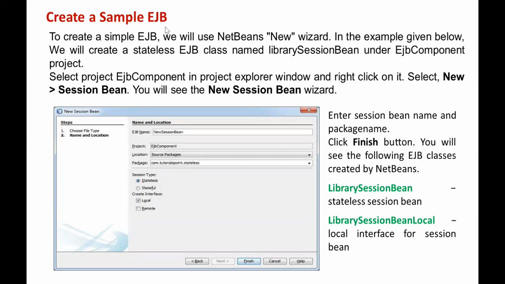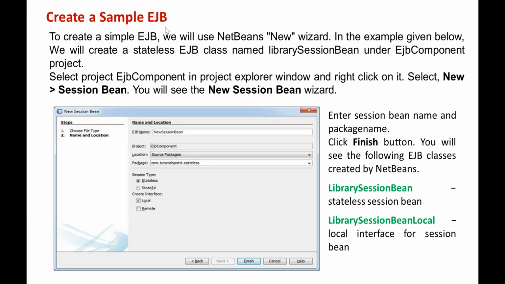So this is very important. Select the New button under the category Session Bean, and we can see the new session bean wizard will be opened. Enter the session bean name and the package, and click the finish button.